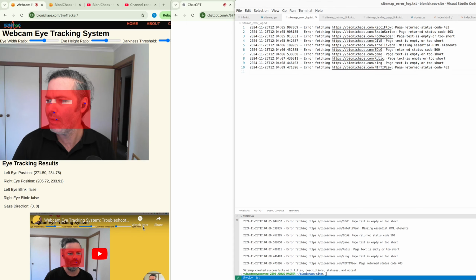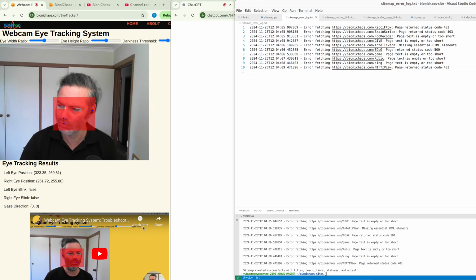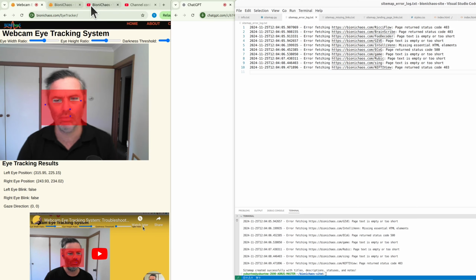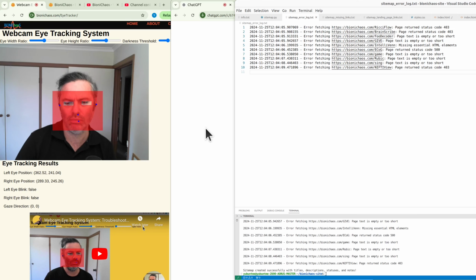Yes, this can be done. The changes would involve combining logic for missing links and other errors. Each URL could have a list of associated errors appended to the sitemap errorlog.txt. Here's how. 1. Merge error logging. Add missing link detection as an error type in the existing log error function. 2. Allow multiple entries. Modify log error to append new issues to the same URL entry instead of overwriting it. Would you like me to rewrite the relevant parts of the code for you?